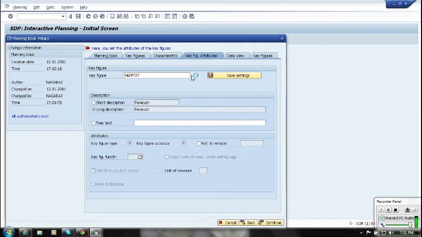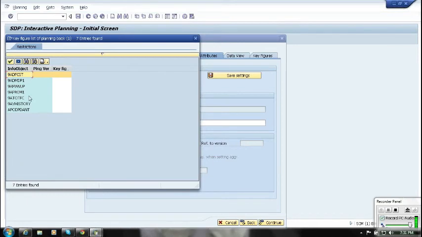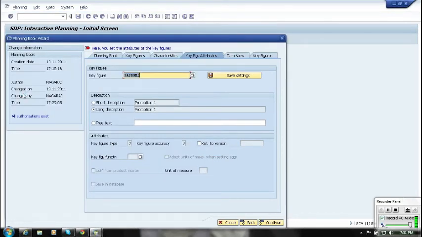For example, text is an attribute of the key figure. I will take the promotion key figure. The text of the promotion key figure is promotion 1, but I want to change it to promotion. So I can select free text, give promotion, and save here.